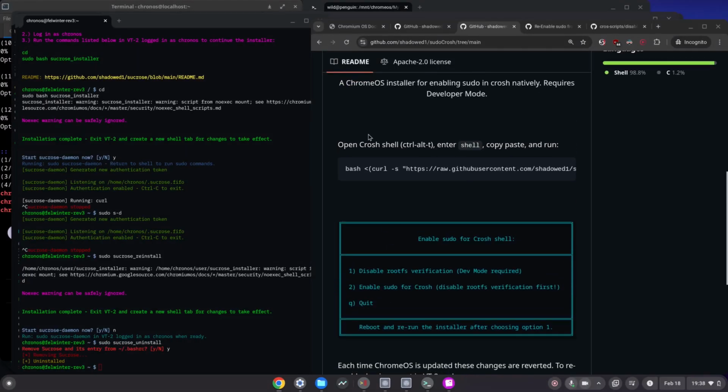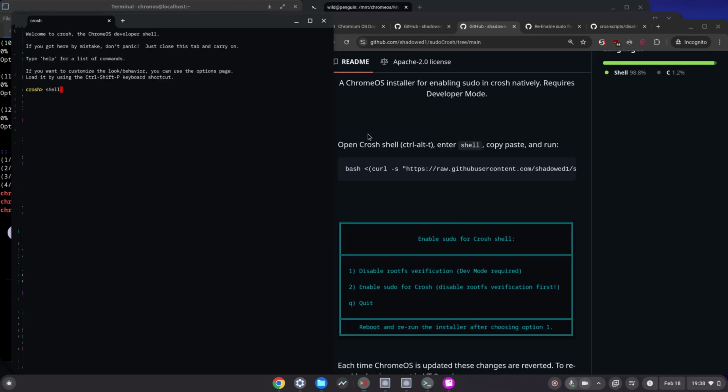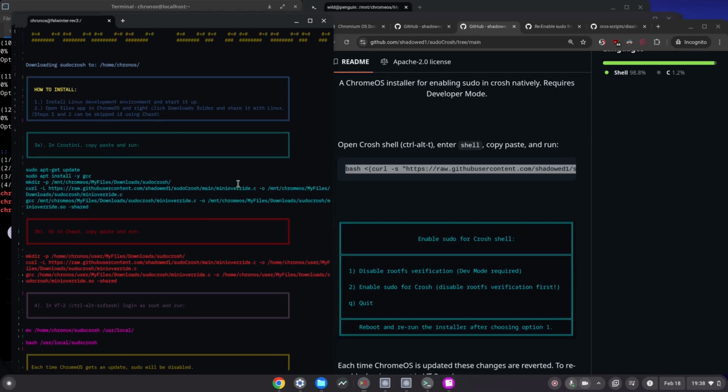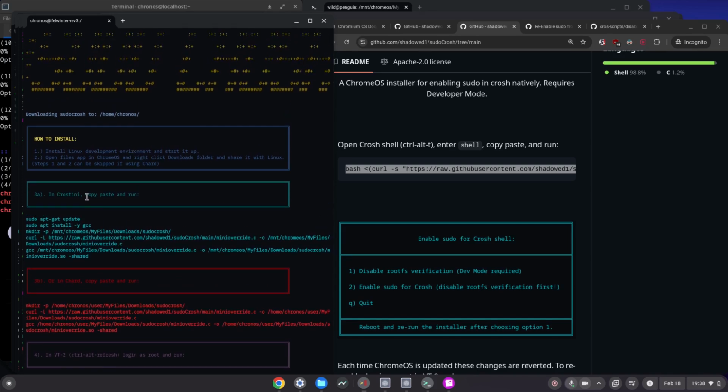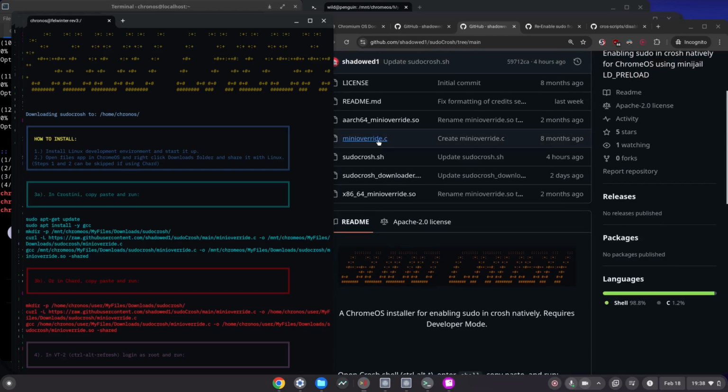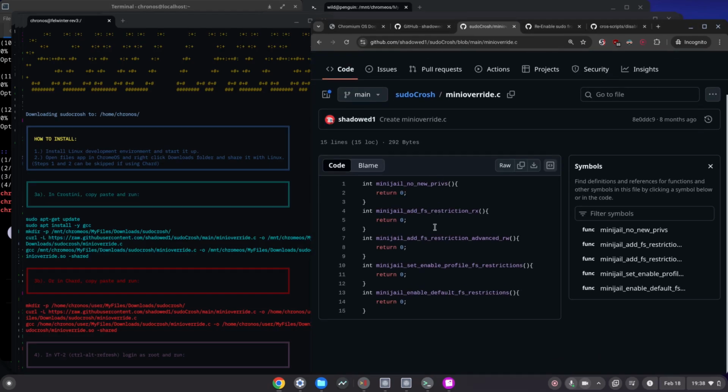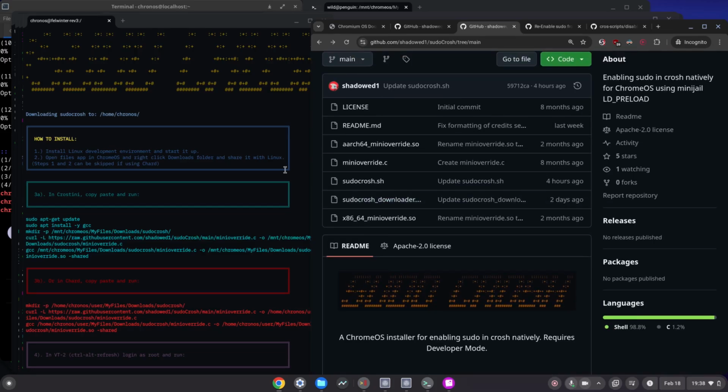Just like Sucrose, to install, we open up shell, and we're going to copy paste this link. While this looks like a lot of text, most of this is for copy pasting. This can be installed with Crostini or chard. I will be doing both methods for this tutorial. Why this is needed is we need to compile a C file. Compiling this file on different hardware other than your device will most likely not work. I have tried it. Because I cannot provide a pre-compiled file unless it's the exact same Chromebook,